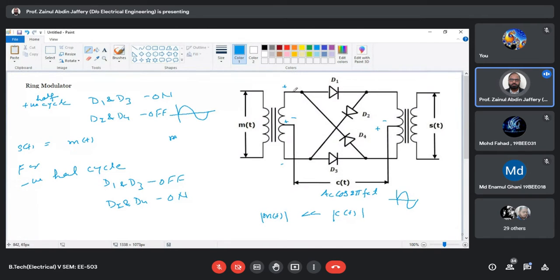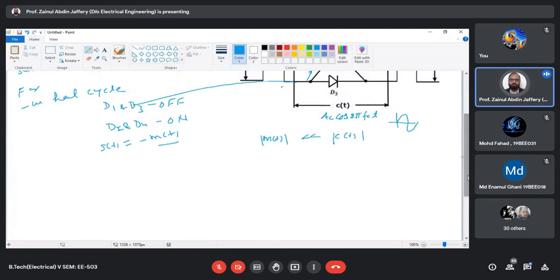So you see what happens is that this polarity has come here, and because this is a short circuit, right? So this will become like this, and this short circuit has come here. So this will become minus m(t). So the h(t) will become a minus m(t). Okay. So what does it mean? It means that you can say that this s(t) is actually becoming an m(t), and